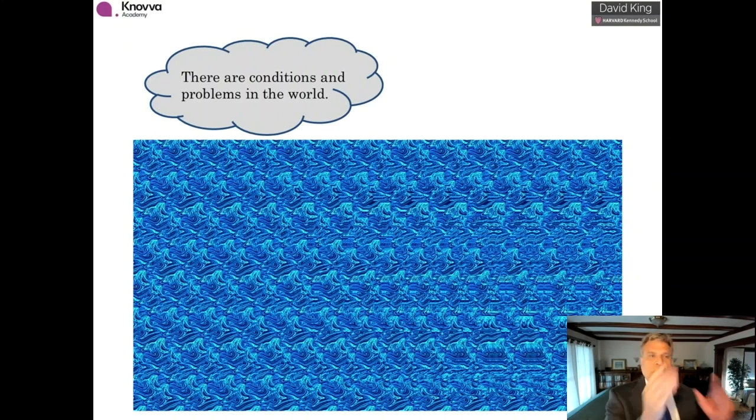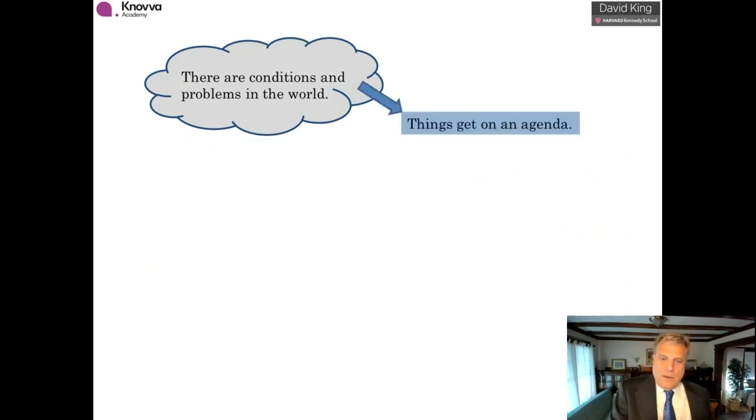There's a process by which conditions get defined as problems. When we start to see the world in a different way, when we say, my goodness, the economic discrepancies are terrible, or why can't we treat people more equitably, or what are the things that you might be thinking about as conditions in your policy space that need to be thought of as problems? And the first step in my policy process model is how somehow things get on an agenda. They get nominated in a way that some legislative body or some administrative agency will say, my goodness, now we have to pay attention to this problem.